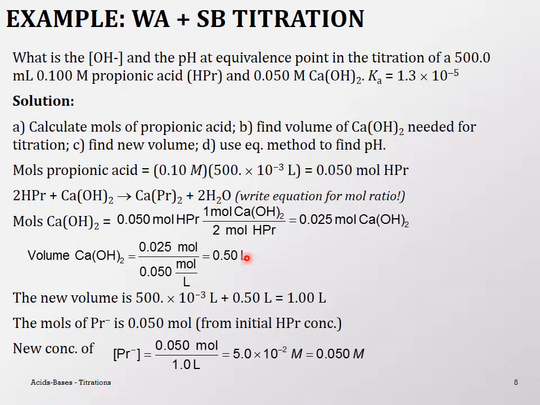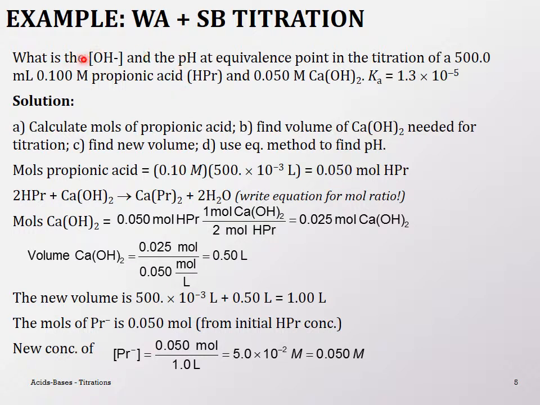once we have the volume for calcium hydroxide, we're going to find the total new volume, which is 500 plus 500 to give us 1 liter. Very, very convenient for calculations. So we have 1 liter of new volume. Next, the moles of the propionate ions, and this is the important part because this is what we're going to carry ahead for the